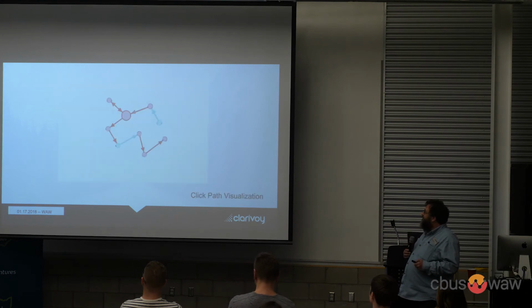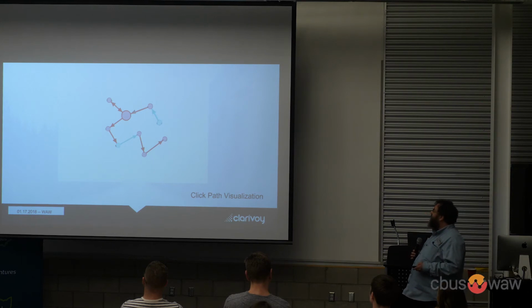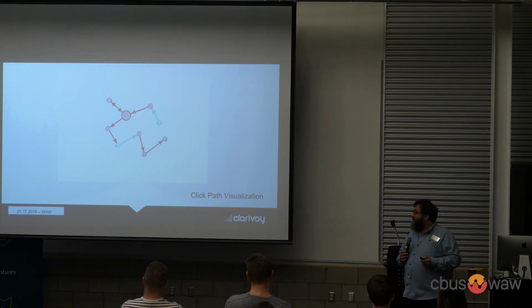Adobe, Piwik, Splunk. If you were to map somebody going through the site and color code the different pages based on the type of page they were, one might be a product page, one might be a search page or whatever, you might have a path that looks like this. They started in the blue circle, they went up to the red, they hit that big circle, and that circle is bigger because they hit it more than once. They went off to another page, then they came back, and then they looped around. And that's kind of a graph view of a single user's path through your website.